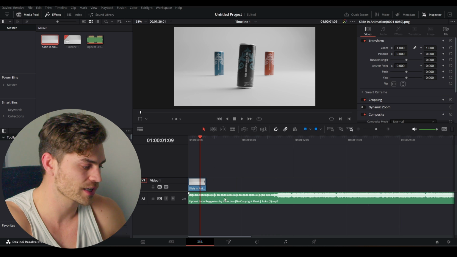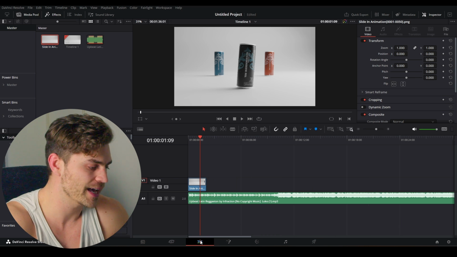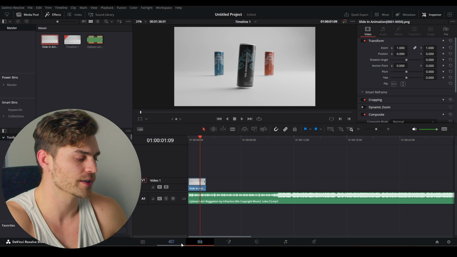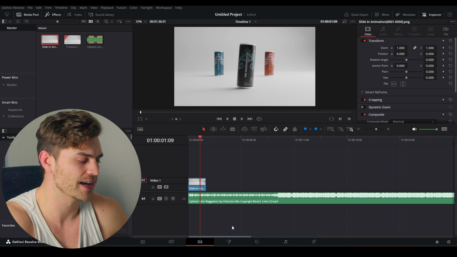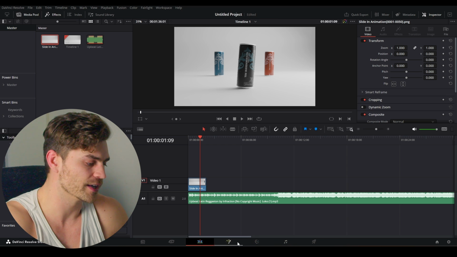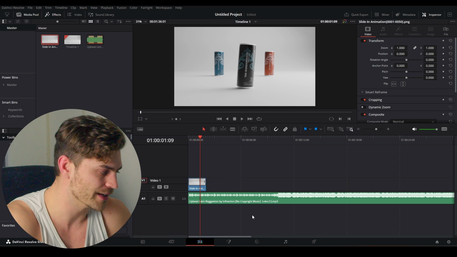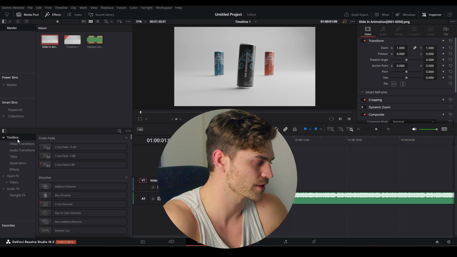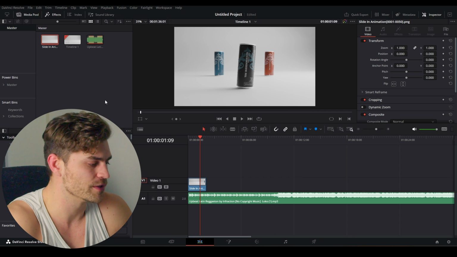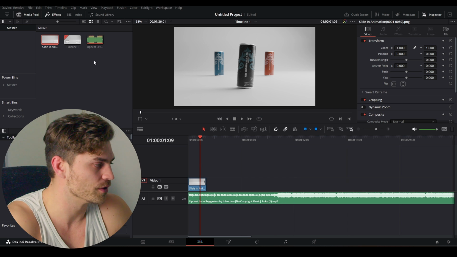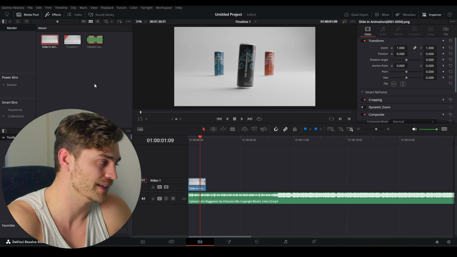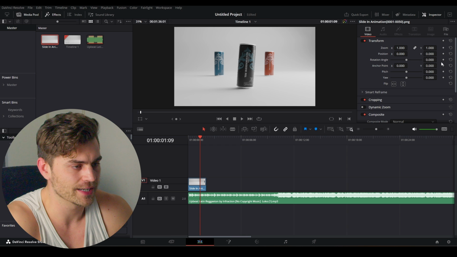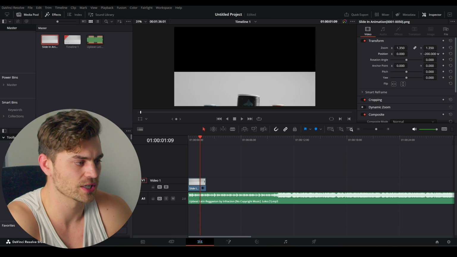This is what DaVinci Resolve looks like. We've got our workspaces over here. This is the editing tab, the fusion tab, the color grading tab, the sound tab, and we are not going to use any of these except for the editing tab and the color grading tab and maybe the fusion tab for one specific render later. Over here we've got our toolbox, and there you have video transitions, audio transitions, titles, generators, all that good stuff. Here is our media timeline, which means that everything we drag into here, it will also show up over here. You can also drag everything in here, and then you can drag it from there to there. And this is the inspector, and here you can scale things up and move the position, etc.